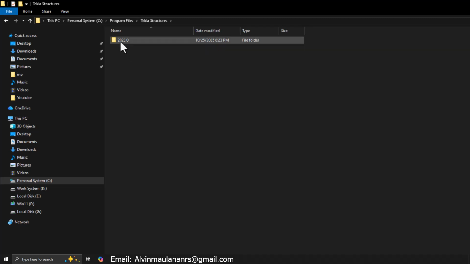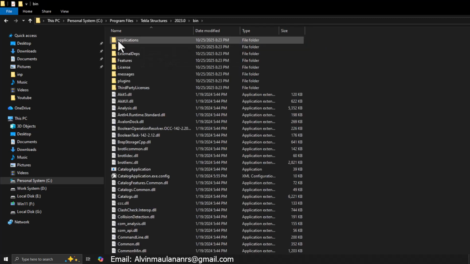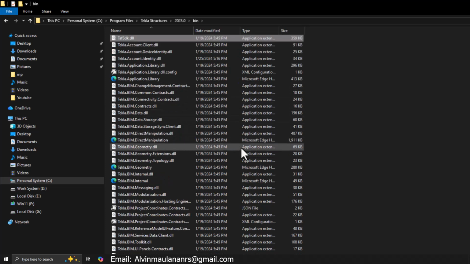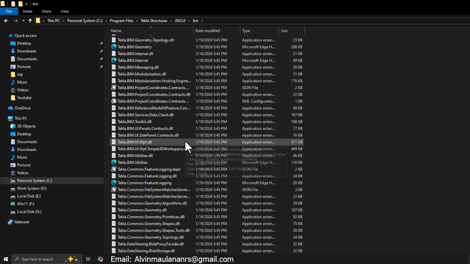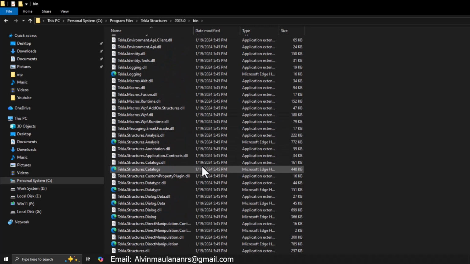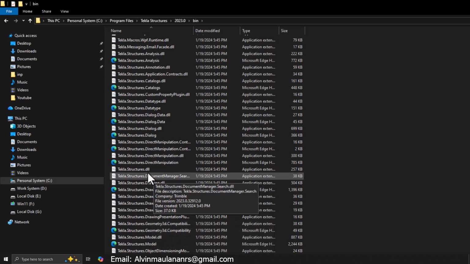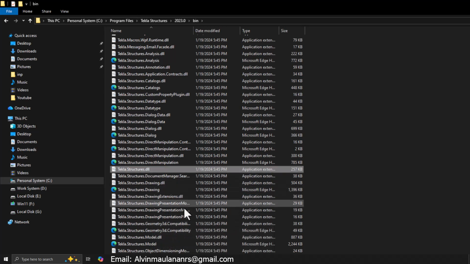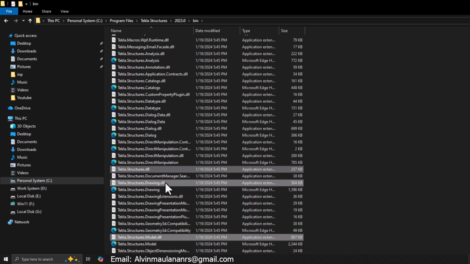So we go to 2023, bin, and in here we need to import. I press T to find Tekla. Usually this one. We can use Tekla Structures, Tekla Structures Drawing, Tekla Structures Model. Make sure you select the .dll. Once you find this DLL file, I just copy this